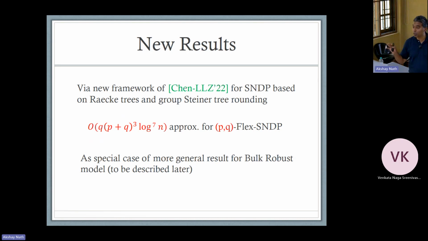Where every pair can specify its own requirement, right? There, we were able to get a result of this form. Remember, we wanted something dependent only on P and Q, right? We're not getting that. But some polygons sitting there, a lot of polygons, right? But at least we know the problem is not very hard. Okay? That it is, we can get